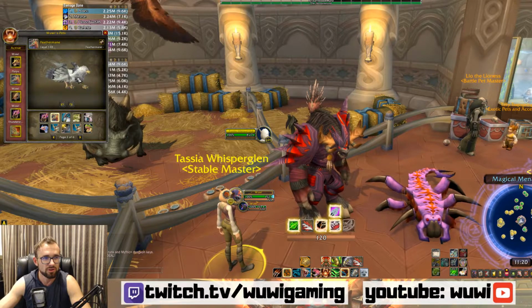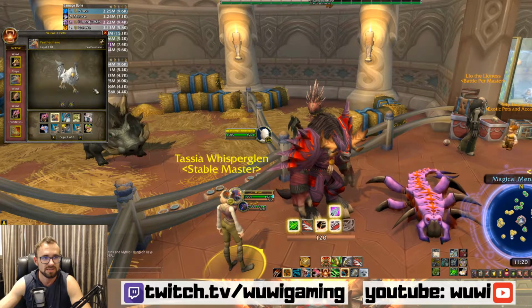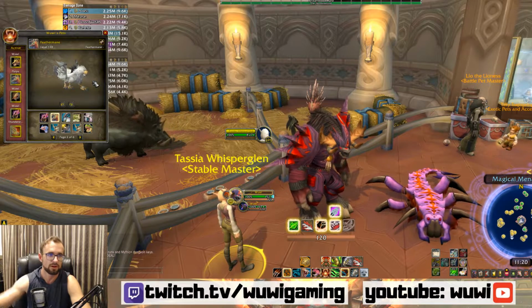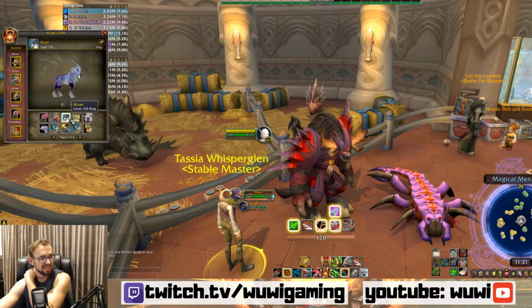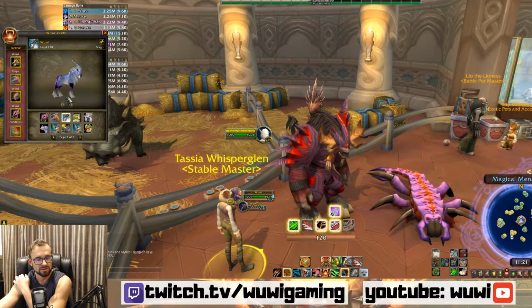This is just another one of the Feathermanes or the Hippogriffs. This is one of the models that's tamed over on the Alliance side. The Alliance has two unique Hippogriff models that you can tame over on their side. So that's it. I can't think of the name of this one off the top of my head, but this is the...